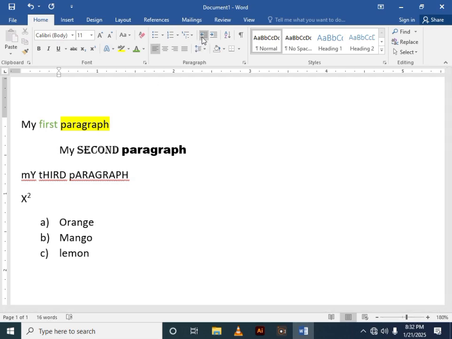Now, for instance, you also want to bring it back to the margin. So you click on decrease indent. When I click on decrease indent, the text is going to be brought back to the margin. Now, going further in this particular case, we want to talk about